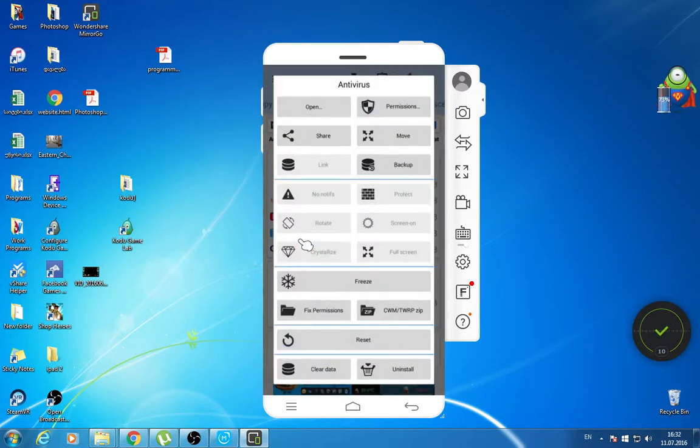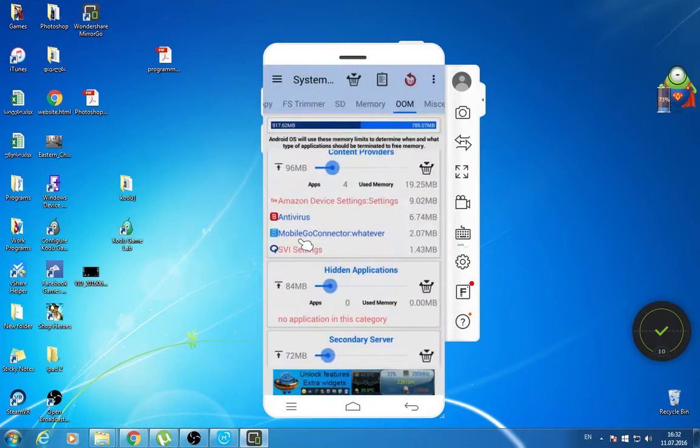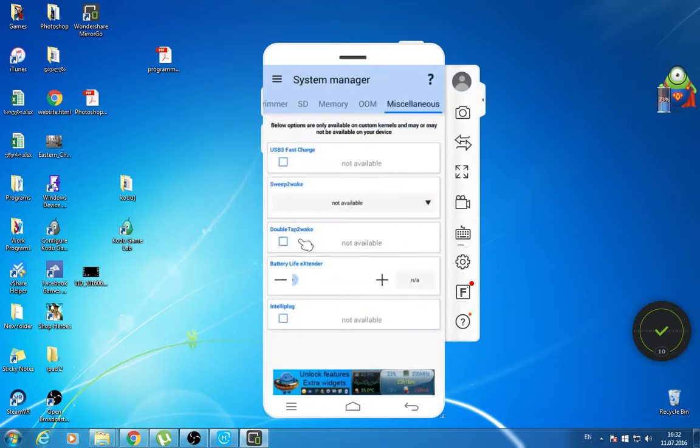The freeze does the same, but the freeze turns off the applications permanently. So in order to run those applications again, you need to find them and run them from this 3C Toolbox applications list. This program also has a lot of other functions you can use,